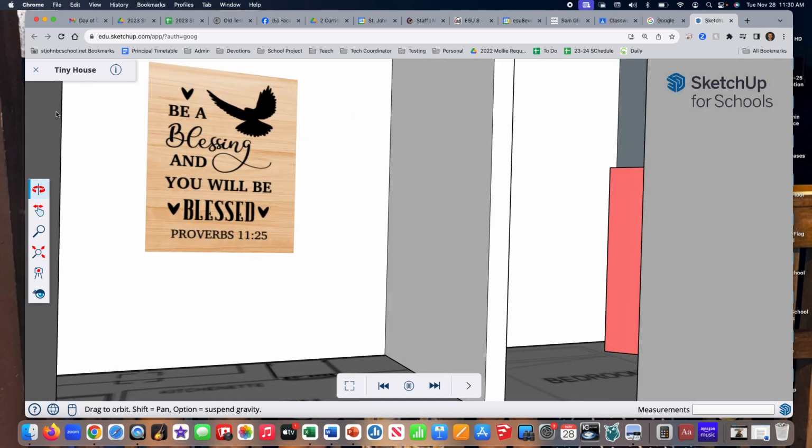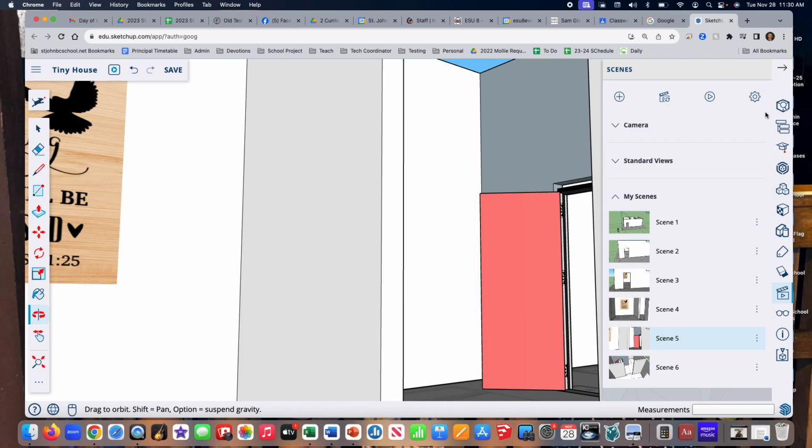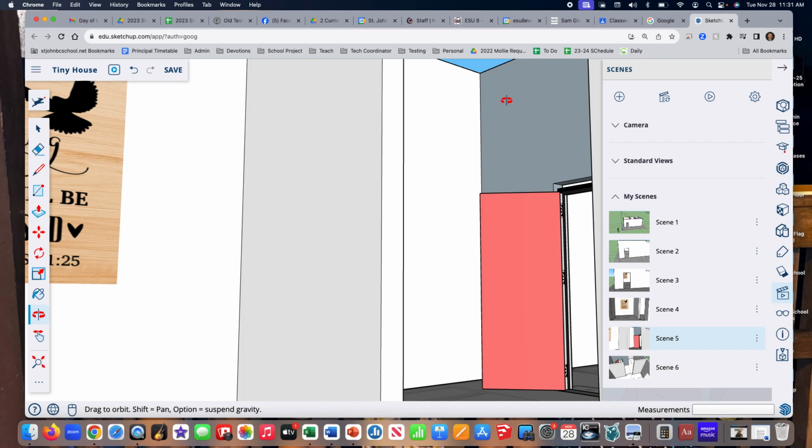There are a couple other details that you can look at as you go. So I'm going to hit the X, so I'm going to get out of this. Going back into the video recording, there are different options that you can set up. The transition time, how long it takes to go from one scene to the next scene, you can mess with that, see what looks appropriate. You don't want it to look jittery. You don't want people to be getting sick while they're watching the video. Delay time is how long it is in between scenes, so how long it pauses on each scene. You can make that as long or as short as you want, whatever you think is appropriate, then click OK for that. When you're done recording then, hit the